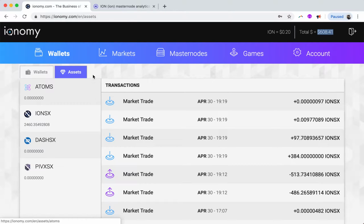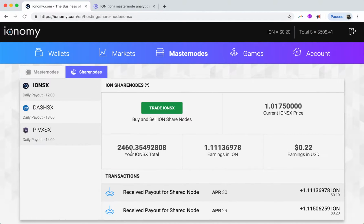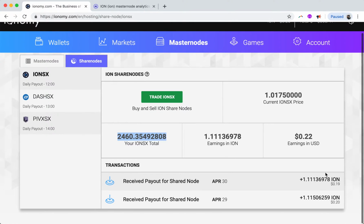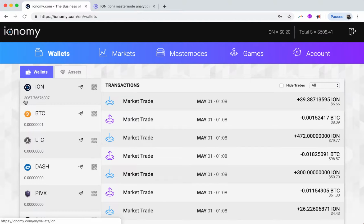So you see, I've already done this, and if I go to Masternodes here, you can see that under my share nodes, I've already purchased share nodes, and this is me getting my Masternode payout, but it's a smaller payout than I would get because I only own a small share of a larger Masternode. But because the Ionomy platform is so nice, I'm able to basically, just like this, put 0.1 Bitcoin into it. I liquidated my 0.1 Bitcoin into about